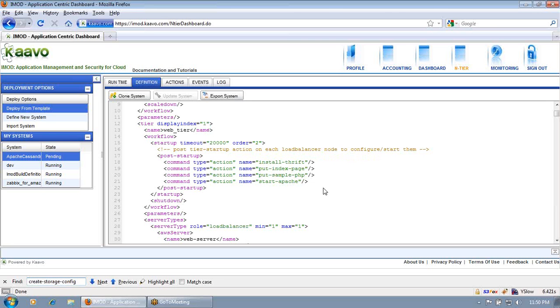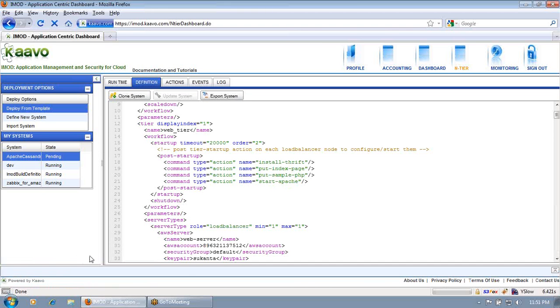So if you want to change the Cassandra client, I mean if you want to use Java or JSP for the Cassandra client and for interacting with Cassandra's servers, you can change it here.